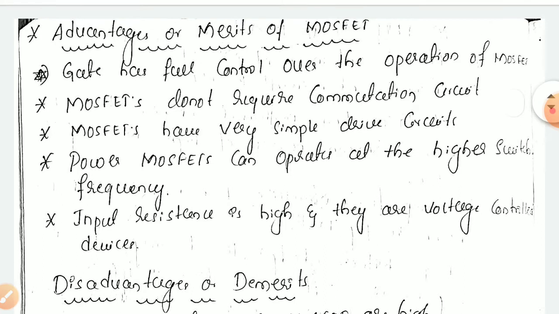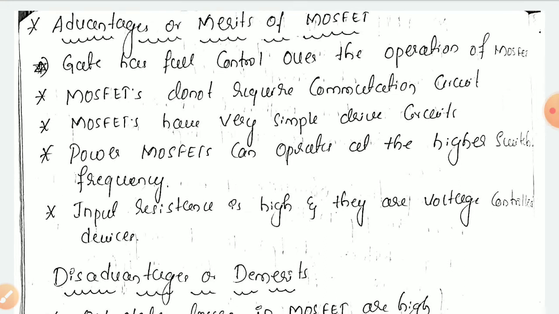That is the first advantage of using a MOSFET, whereas SCRs don't have that, and diodes don't even have a gate. Also, a MOSFET does not require a commutation circuit. If you take a silicon controlled rectifier and turn on the SCR, the gate does not have control over turning it off. To turn off the SCR, an electronic circuit is required, which we call a commutation circuit. A MOSFET does not require such a commutation circuit. Just turning off the gate supply is enough to turn off the MOSFET.